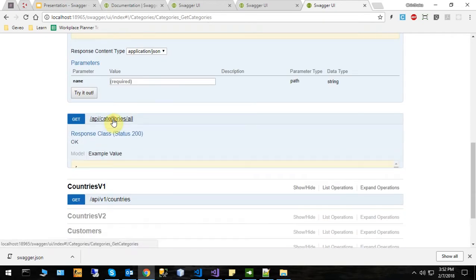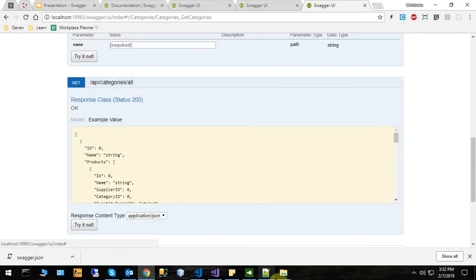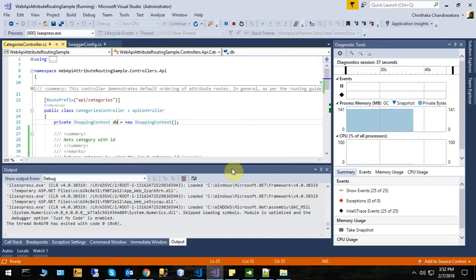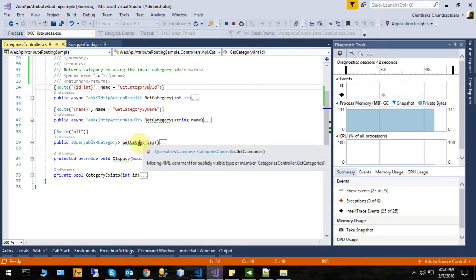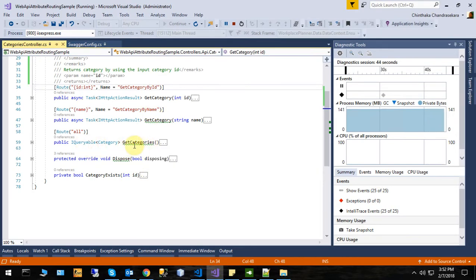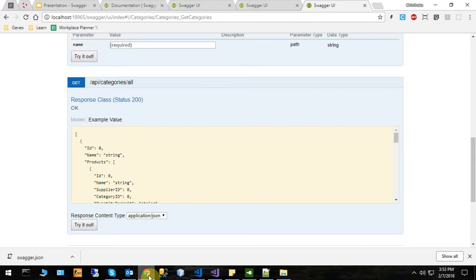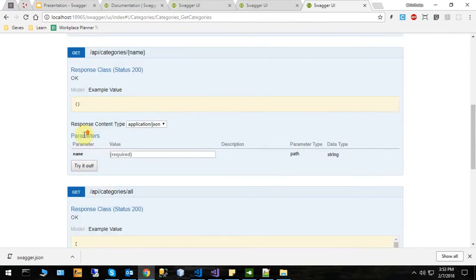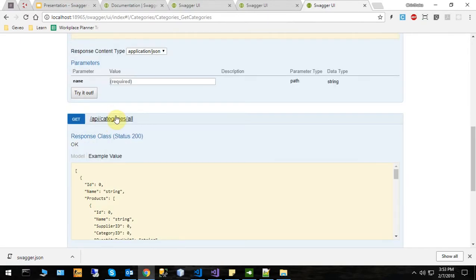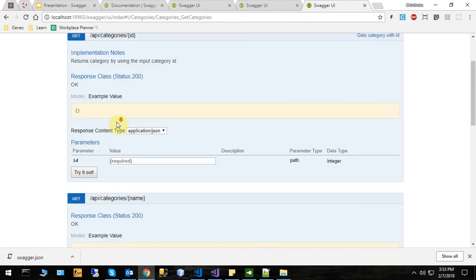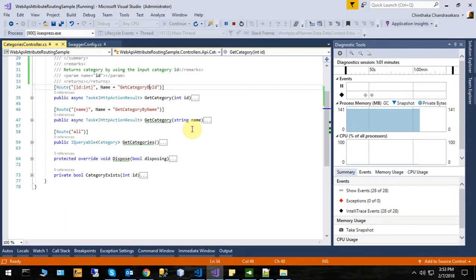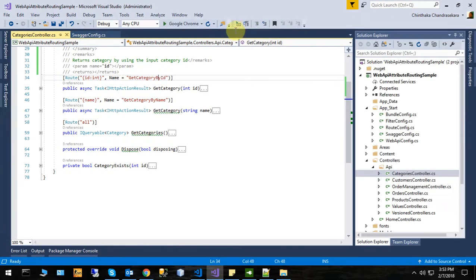So you can see now in this one here because since your controller returns, yeah, so in these three methods, the return type for this third method has a model inside, the category model, but these two are action results. So as a result, you will see a model in the response class for this method, but not for the other methods. But this is something that you can actually manually input. So you can